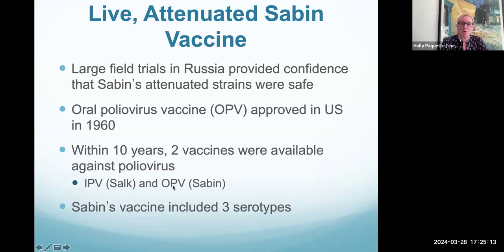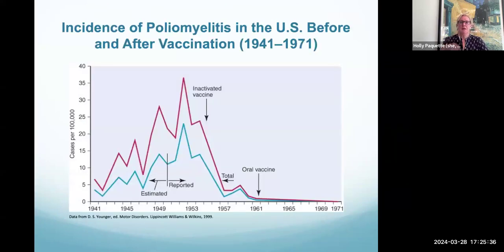And then we had the oral poliovirus. This was one that you took orally, that was a live attenuated vaccine. And this was designed by Sabin. Sabin's vaccine also had a benefit in that it included 3 different serotypes, so 3 different types of the poliovirus. So it had broader protection. So I did want to talk about what this meant for the US and the cases of poliovirus before